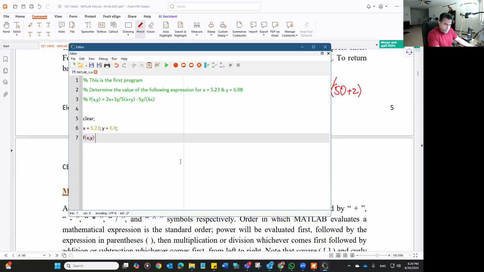This can be used if F is a matrix and X and Y are the indices of those matrices. So you can write this down to assign a value to a matrix F at its index X and Y. Let's say X and Y are 5.23 and 6.9, which cannot be indices. Indices are always integers. But let's say X and Y are 1 and 2. So if you are writing this and you are saying this is equal to 8, let's say, then it is